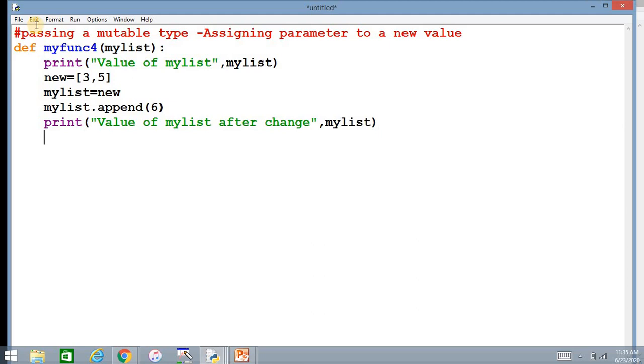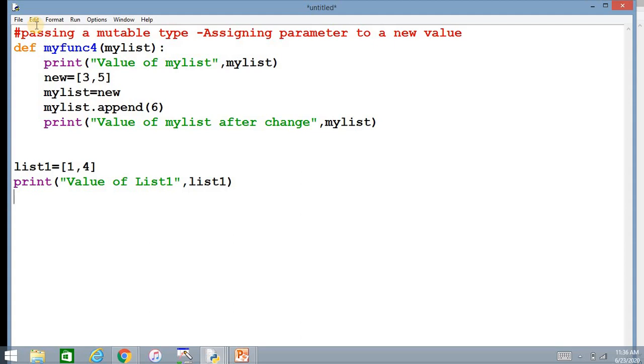My list. Okay, so this is the function, and then we are coming to the main part, the global part. I am declaring a variable list 1, and I am making it as 1, 4. Two values are being stored, and I am asking to print the value of list 1. So list 1 is being printed here,